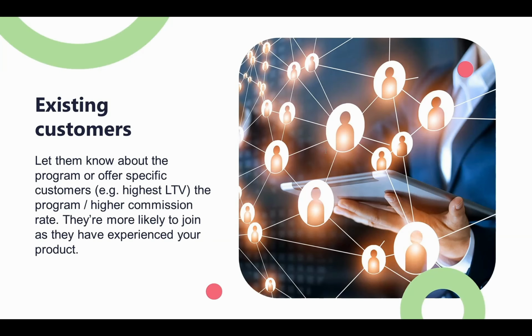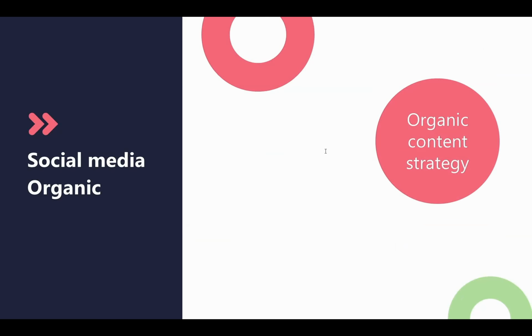It is also a very good idea to look at your social media channels or the platforms themselves. And here I'm just referring to organic at the moment. So you could have an organic content strategy so that you're regularly posting organically from your page, and people who are following that would see some of it, not all of it. We know that organic reach is declining.